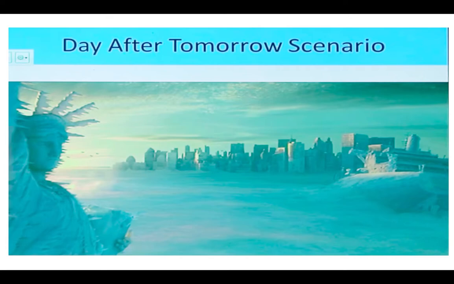So in The Day After Tomorrow, ये मूवी देखना, it's a very nice movie. And there they told that the entire thermohaline circulation, the entire AMOC, is collapsed, and because of that America is freezing now. You can see everything is freezing. Ice is shown here because this thermohaline circulation अचानक से स्टॉप हो जाता है. And why is this thermohaline circulation stopping? Because of global warming. So this global warming leads to global cooling, and finally it leads to an ice age.